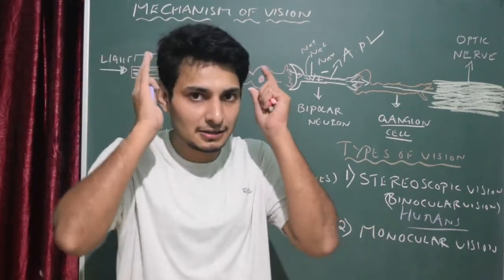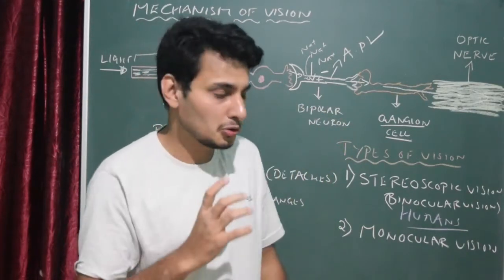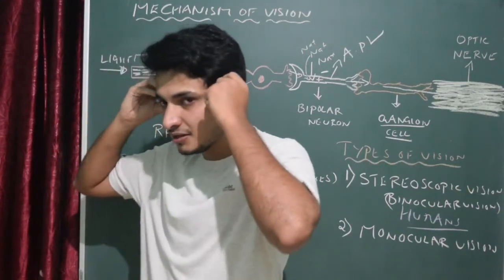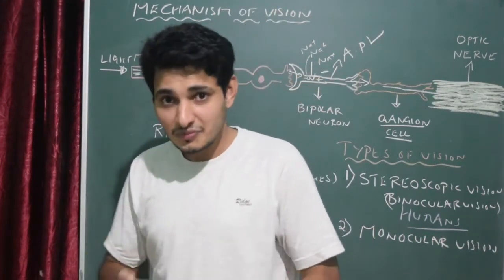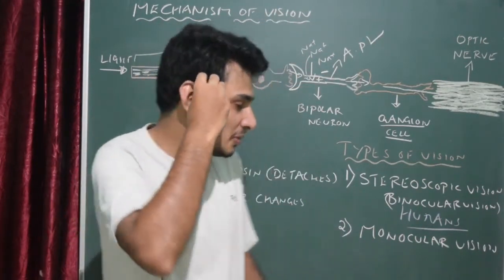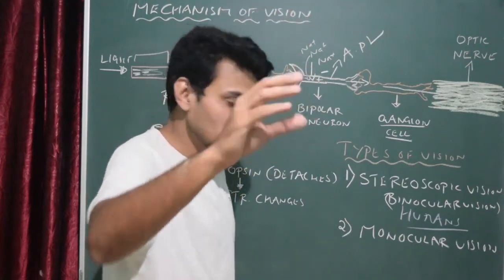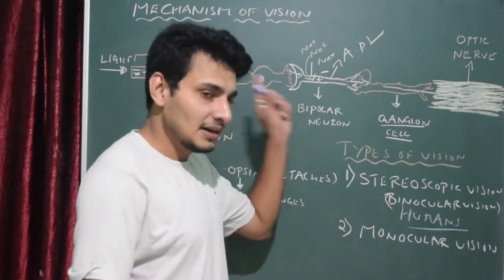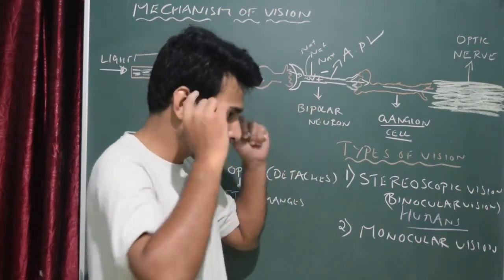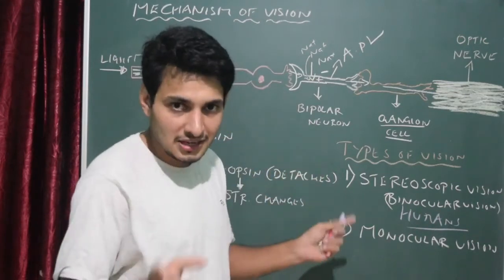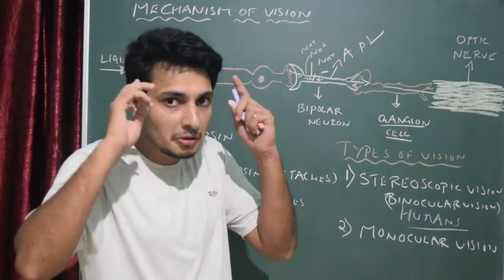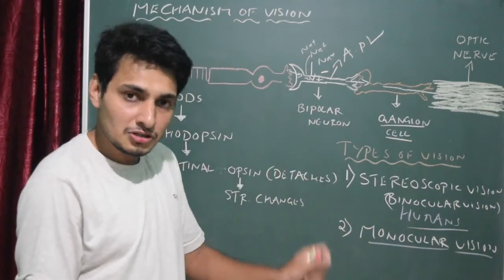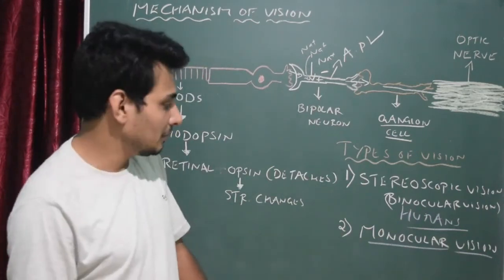In the case of cattle, you know that the face is a bit protruded, and you can see one eye is situated here, and another eye is here. So just imagine, they have very good coverage. Okay, so this particular eye, for example, there is one animal, focuses on that particular animal or object. This eye at the same time focuses on another object. So they can see two different objects at the same time, simultaneously, but human beings cannot. So this is called monocular vision. They can focus on two different objects at the same time, that is monocular vision.